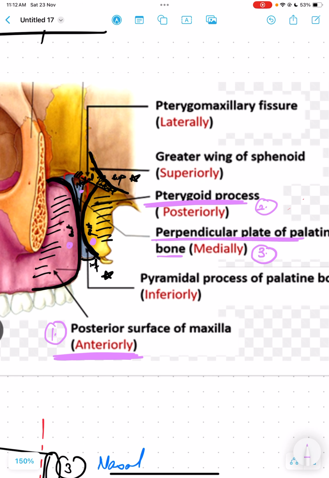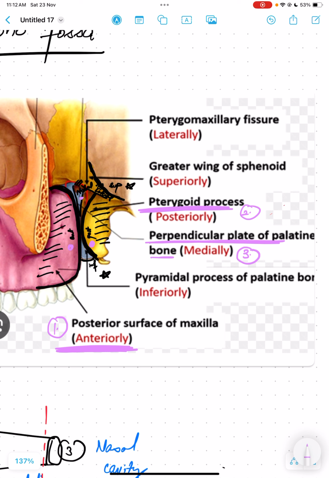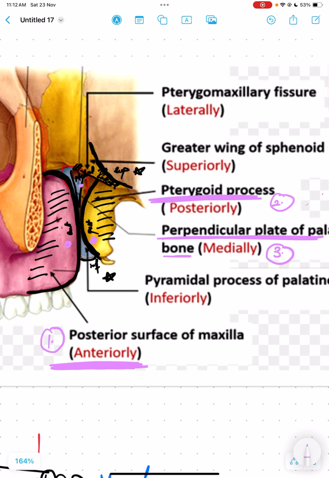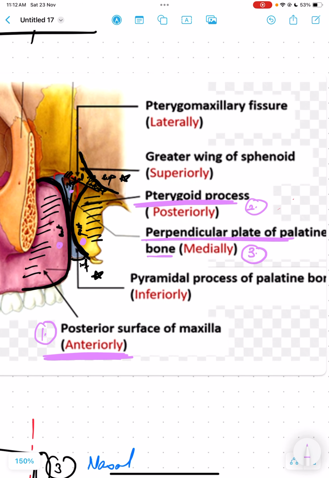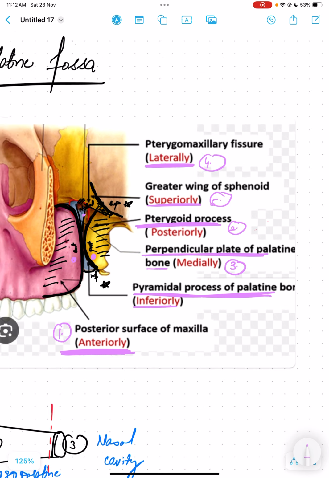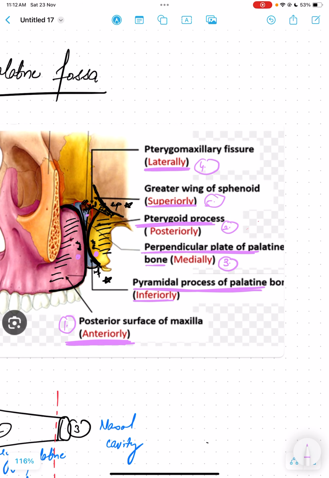From the medial, there is the lateral part showing the pterygomaxillary fissure. Then on the top, superiorly, we have the greater wing of the sphenoid, and at the bottom, inferiorly, opposite to the medial side, we have the pyramidal process of the palatine bone. Please remember the diagram. Once you remember the diagram carefully, you can label the boundaries of the pterygopalatine fossa very